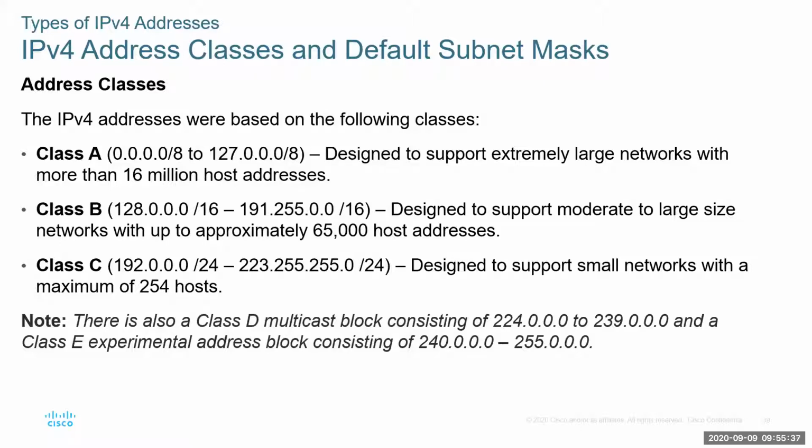Your Class Bs are a little more common. You're going to see things like /16s. Notice that this IP address space starts with 128 and goes all the way to 191.255. This is going to give you about 65,000 host addresses. And then typically what you see in your house or maybe just smaller networks is going to be your /24s, and this all lives in the 192